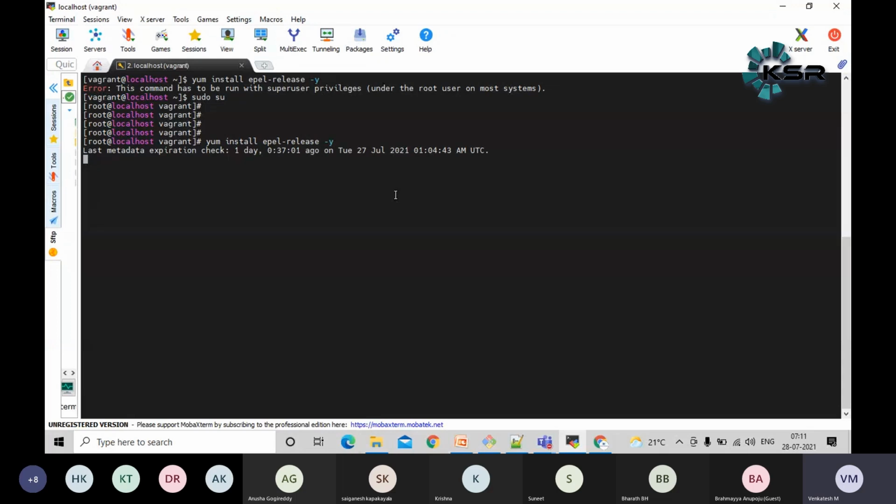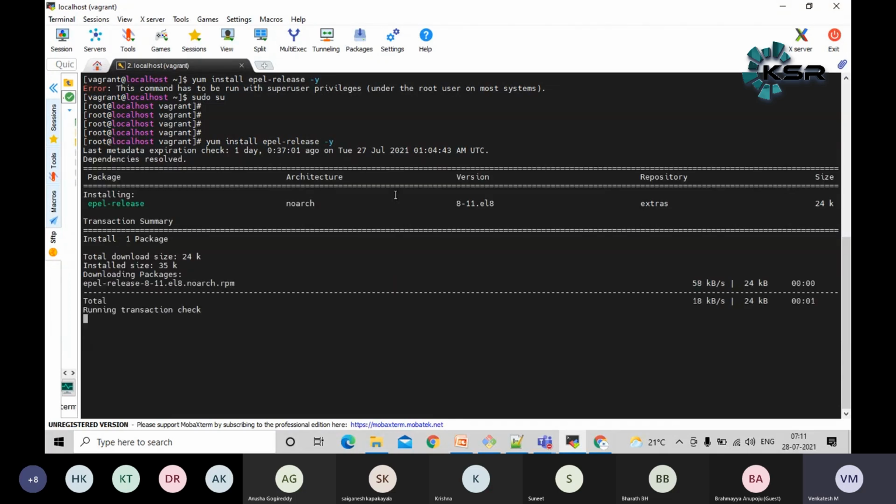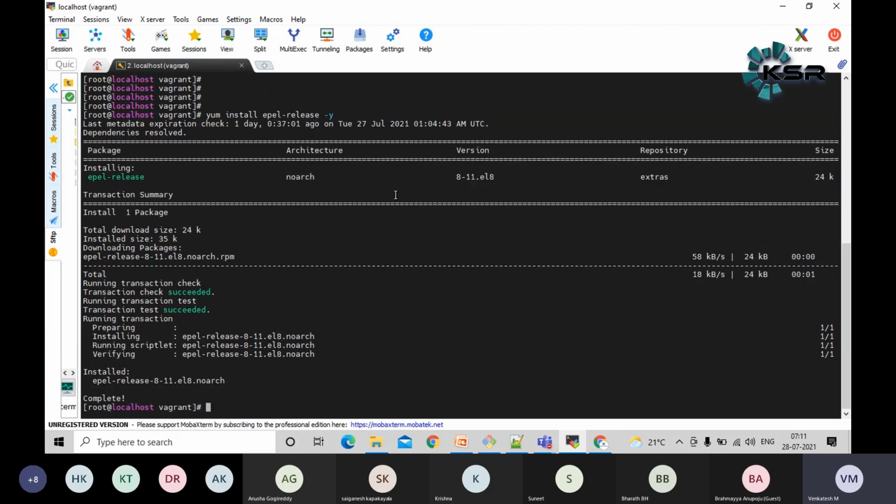As I mentioned, in Windows, if you want to install any software, you surf the internet and download an exe file. From the exe file, you click on next, do some set of actions, and install the required software. Similarly, in Linux, this is an open source community repository.